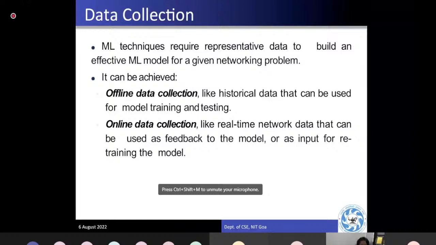This data can be collected with the offline mode or online data collection. Offline data collection means, I will tell more detail how it can be collected, let us assume you have a black box which collects all the data of your whole university, and the next day you come and give all this data as input to your model and do all the work. That's the offline data. But online means you are training your model, and your model is getting better and better, in parallel.